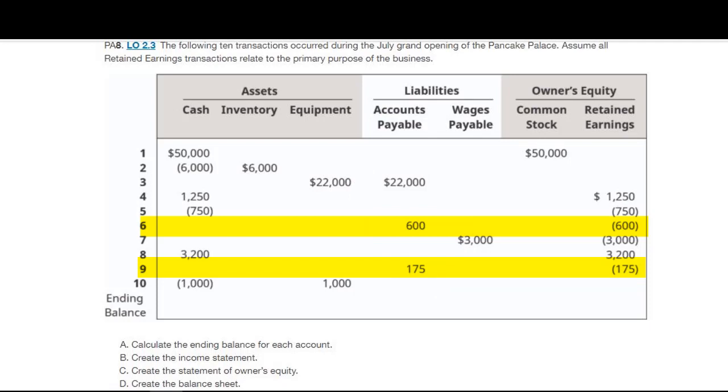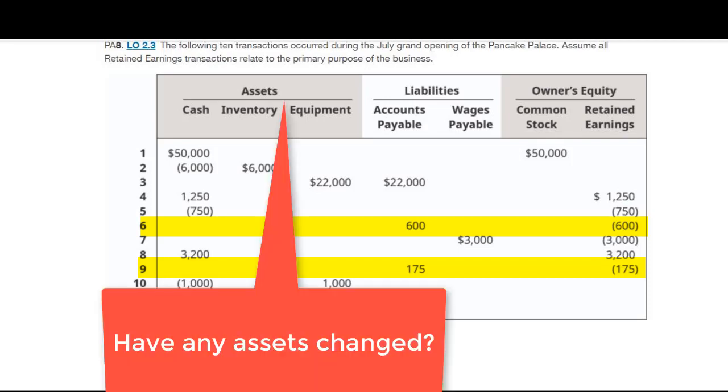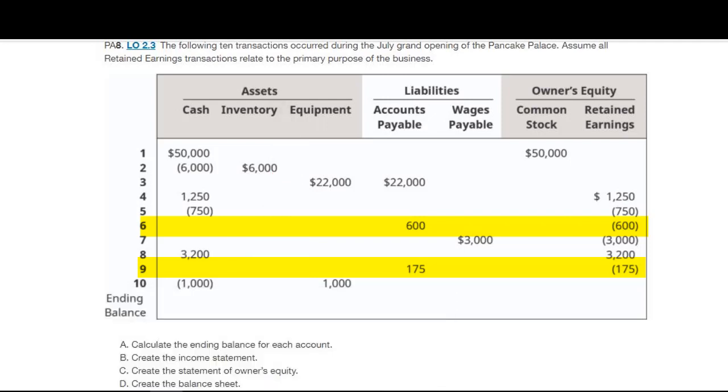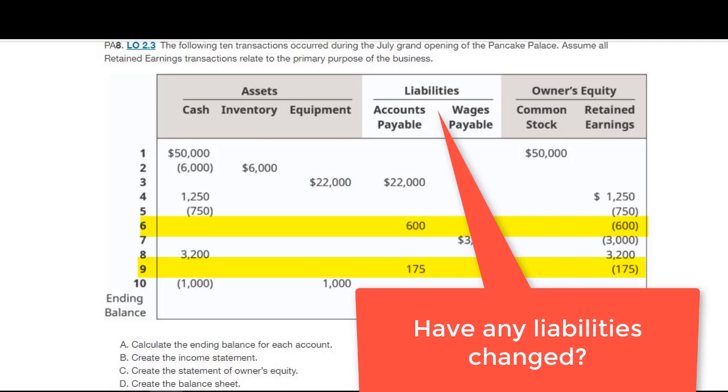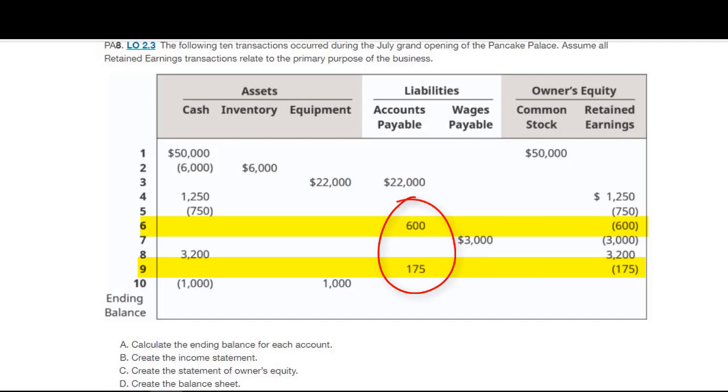Bill me. And so when that happens, whether it's somebody who is mowing the lawn or cleaning your facility, doing something like that, personal services, if you will, then you say, after they complete their service, and once you promise to pay them, you ask yourself, have any assets changed? Well, not yet, because I haven't paid them yet. Have any liabilities changed? Sure, I now owe them money, which is why in rows 6 and 9,